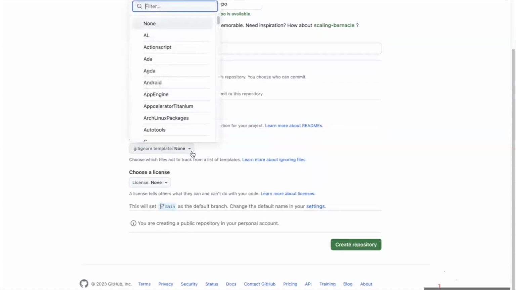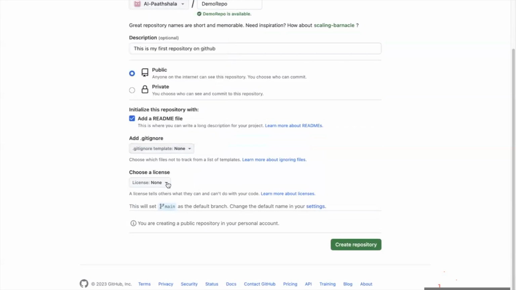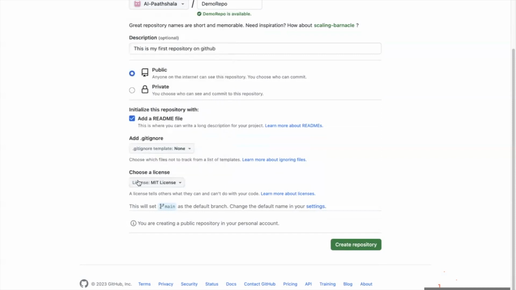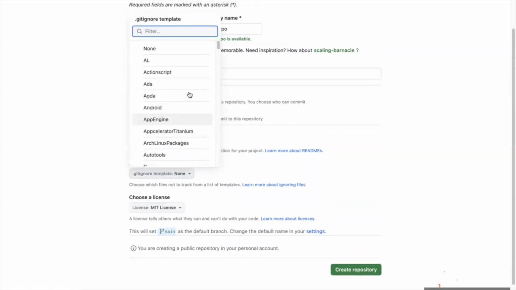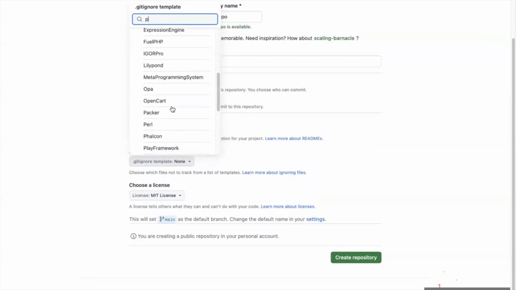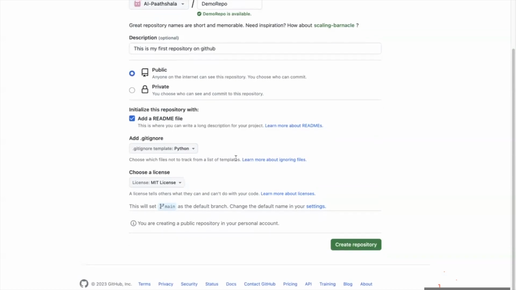For add .gitignore, you can add either none or something else. It's up to you. For license, I generally use the MIT license, so you can do this. For .gitignore, let's put Python here, the Python template, because we are learning Python. Now, if you click on create repository,